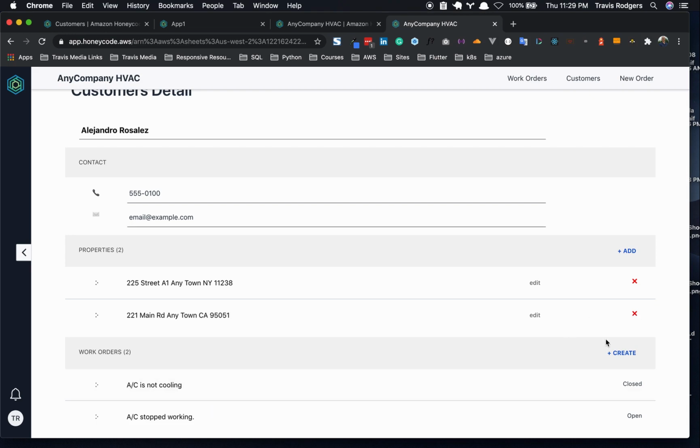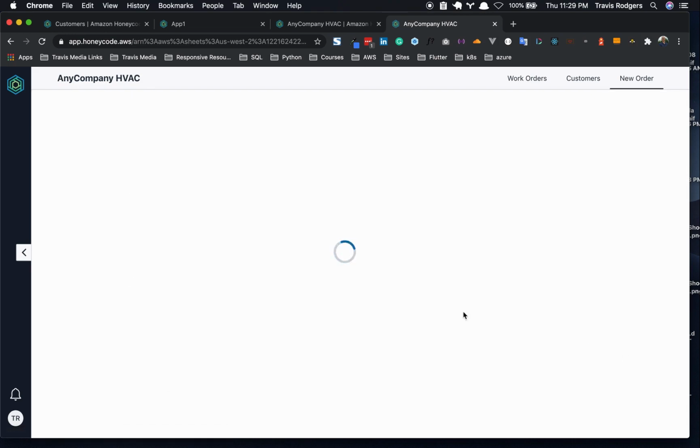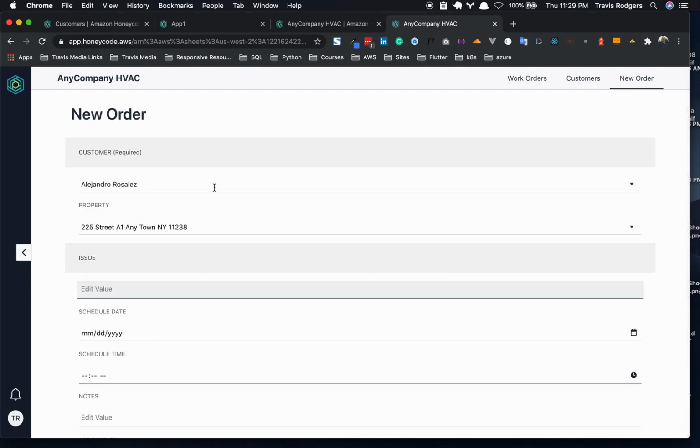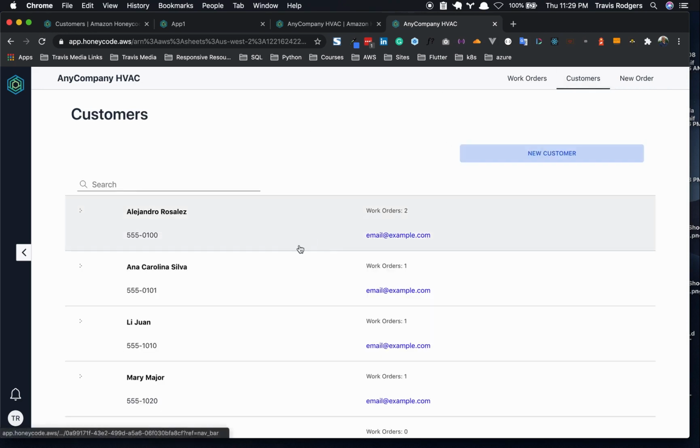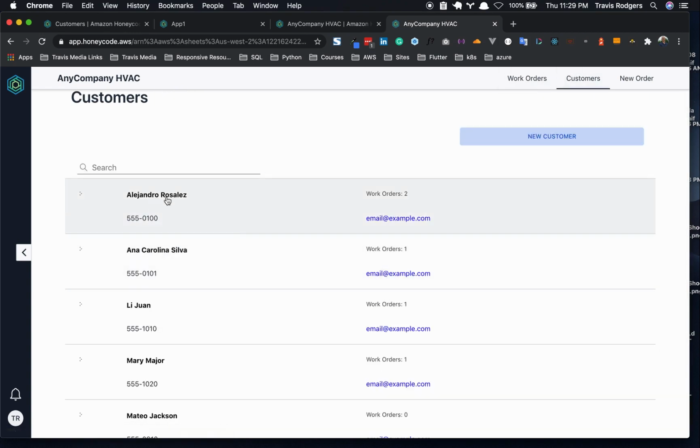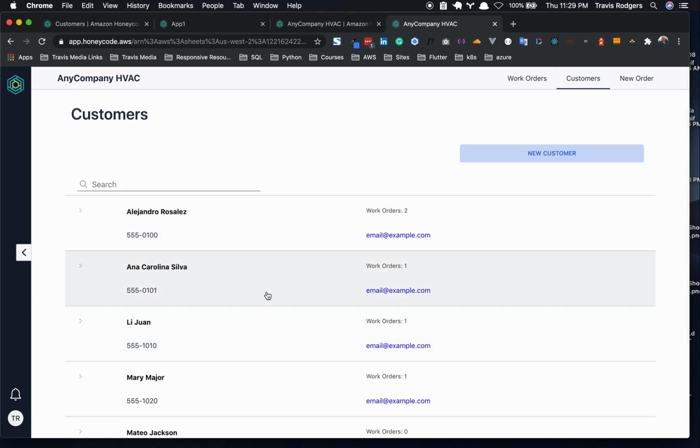Down here in work orders, it's the same thing. Click create, and it's going to take you to the new work orders page. So that's cool. It didn't do it on the page there. It just took you to the new page. So that's one thing. You can go to customers. You can fix this customer's detail page. You can also dress up this customer's page a little bit, which looks a little better than Airtable's. The second thing you can do is you can go to new order,